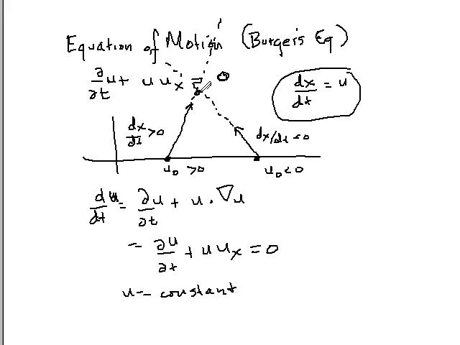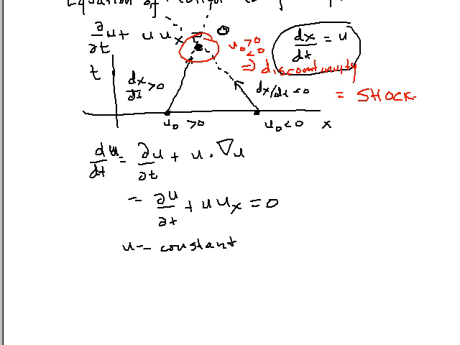I mean, there's a problem here. You have a function which is taking on positive and negative values at the same point, and this is in time, this is in x. So here there's a discontinuity. So at this point, u is both positive and negative, which means I have a discontinuity. Now, a discontinuity in physics is a shock. So what this really is saying is that you have a wave that's developing,